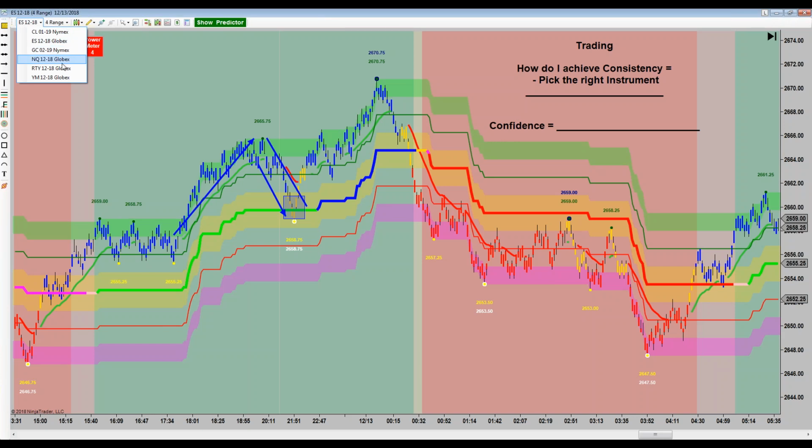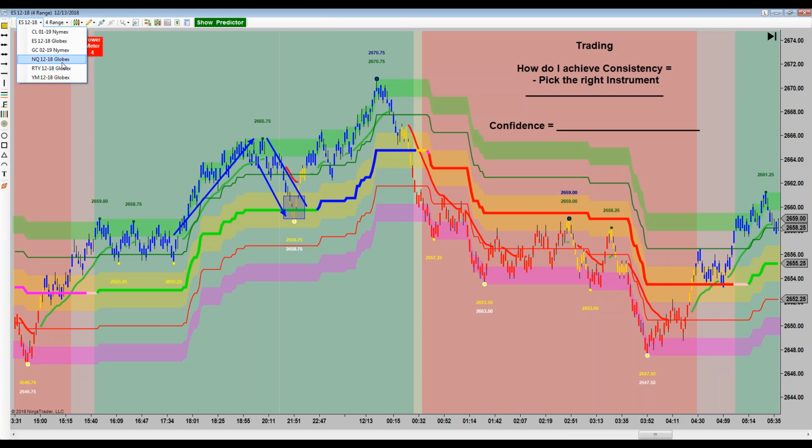We used to trade NQ. We don't do that anymore. It's been banned to the Netherlands because of its unruly volatility. It's kind of like a child that's 2. It needs to be babysat all day long. So we chucked that out and we replaced it with the Russell, which unfortunately has taken on some of NASDAQ's characteristics. But these are all going to roll, and then YM is the mini Dow.